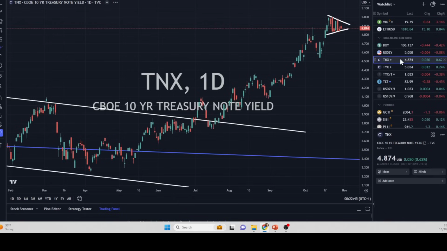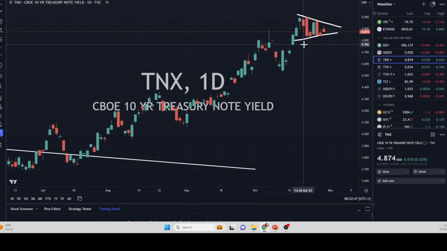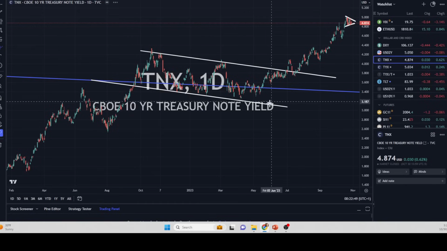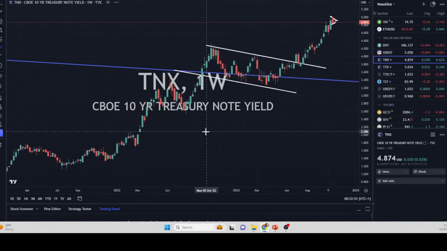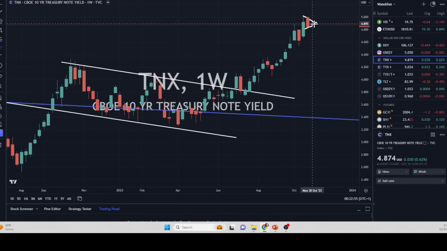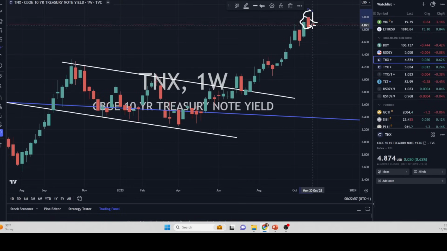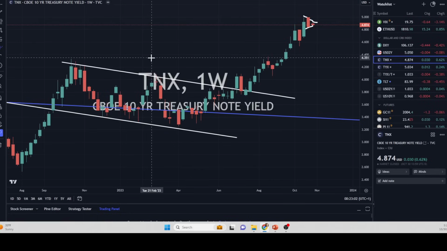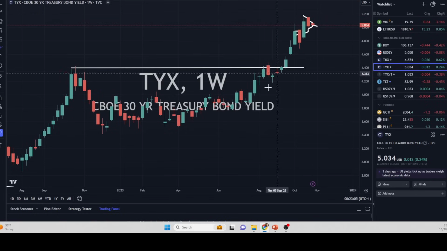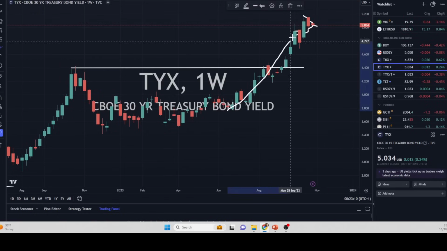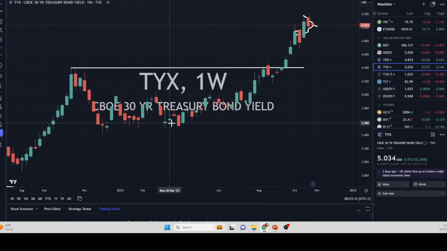Okay, so we go to the 10-year yield. Is it going down? No, it's not. The momentum's definitely to the upside. I'm looking right now to see if this is a reversal candlestick and if we're going to go lower. If we go lower on the 10-year and the 30-year, the 30-year is doing the same thing. It's got this little bearish piercing type pattern where we could turn, but obviously the momentum is definitely to the upside. This is not screaming to me that a recession is necessarily here yet.